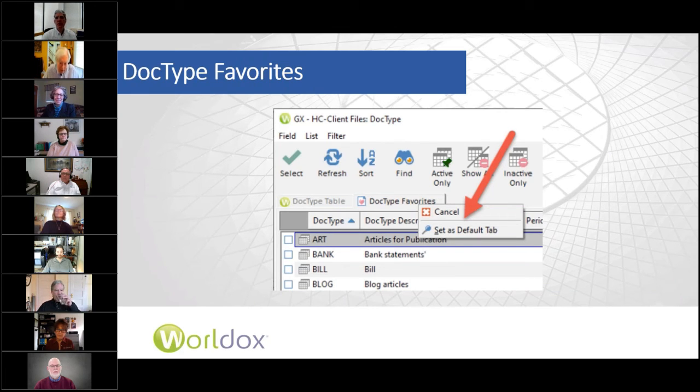Okay. As a matter of practice, most people don't use more than 15 or 20 doc types because it's their particular practice. That's what they do. One of the options in the DocType table is the one that says DocType Favorites. That sets what you as an individual use, the last 20 doc types you've used. If you set that as a default so that only your favorites come up,